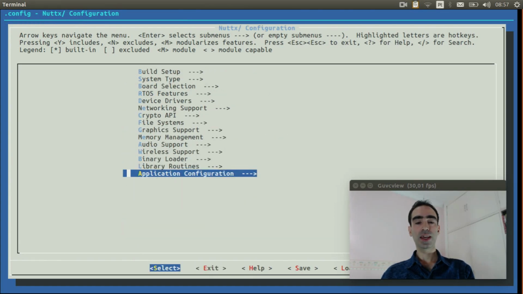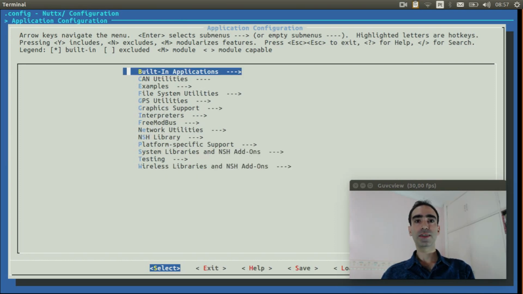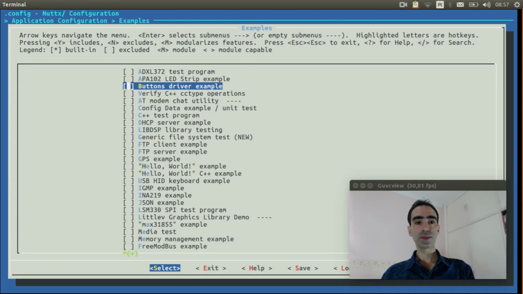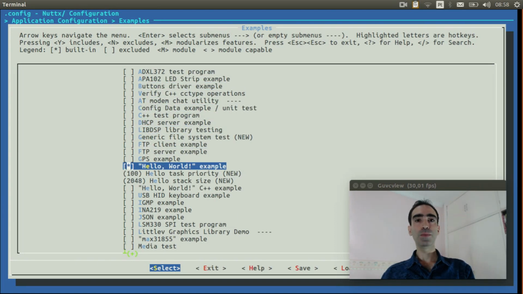Again, enter inside Application Configuration, Examples, and enable the Hello World example, because we need the printf function. One way to force the NuttX firmware to include it is enable the Hello World example. Exit,